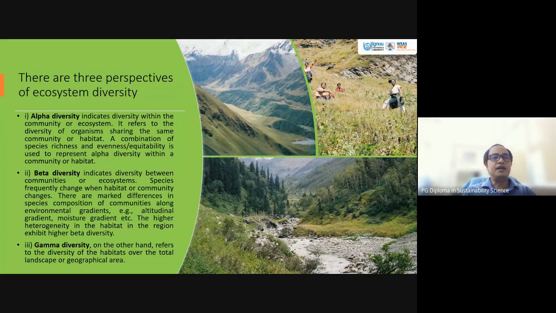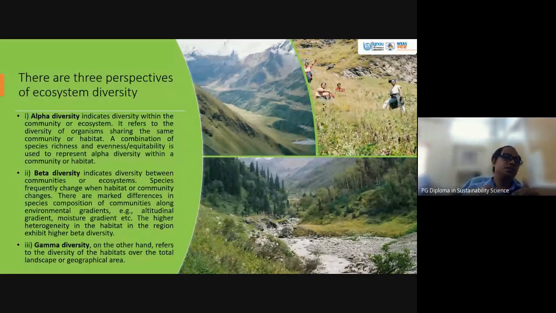Equitability is used to represent alpha diversity, right? When it comes to beta diversity, it talks about diversity between communities or ecosystems. When we talk about species, they frequently change when habitat communities change. Just look at a mountain ecosystem: from the foothill to a higher altitude, there is a change in community,